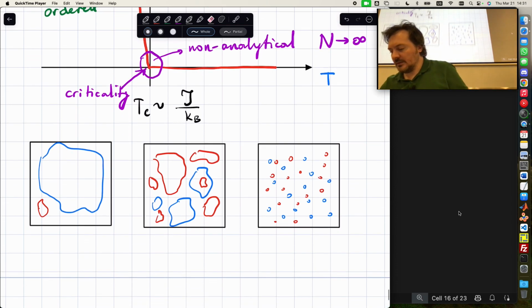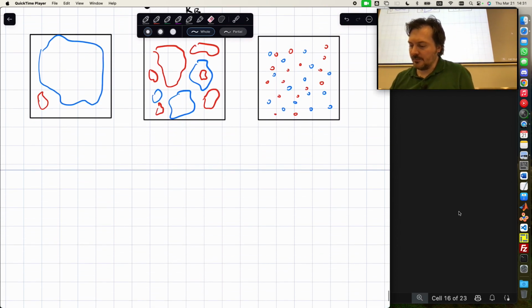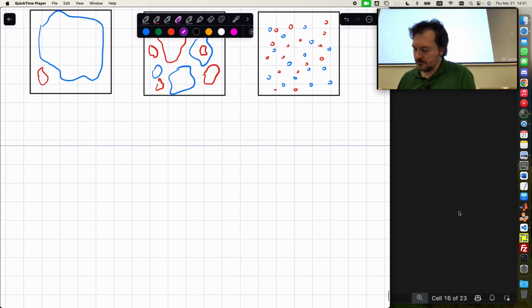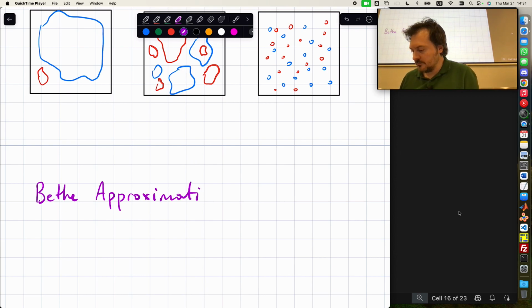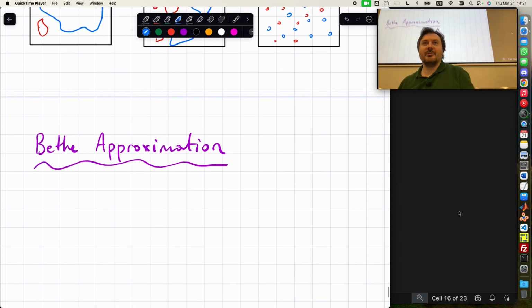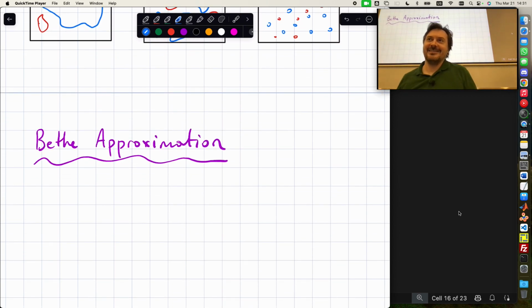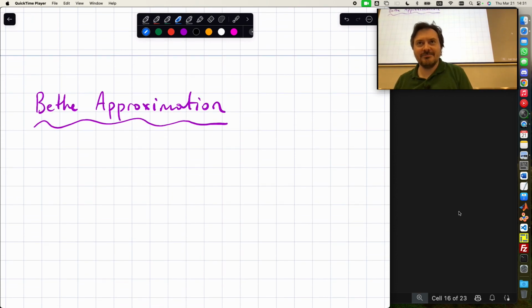Let's try solving this system with an approximation. So I will introduce you to Bethe approximation. And it's very hard to understand, so I have warned you. Okay, so I will be really quick. Now, we are trying to understand, trying to solve